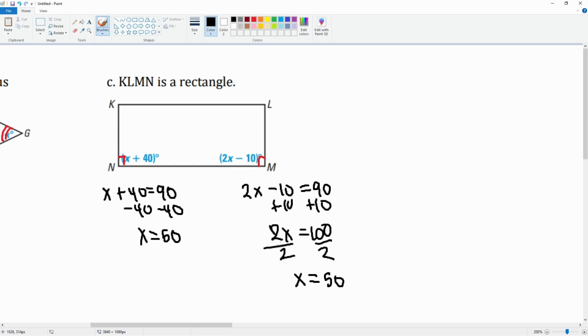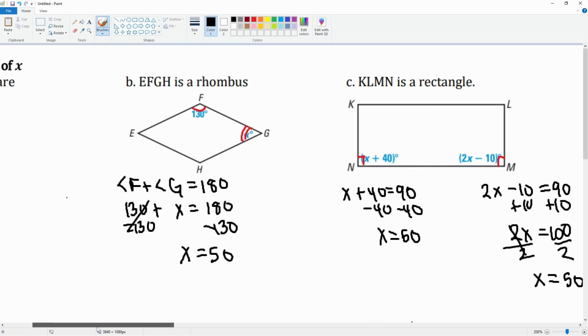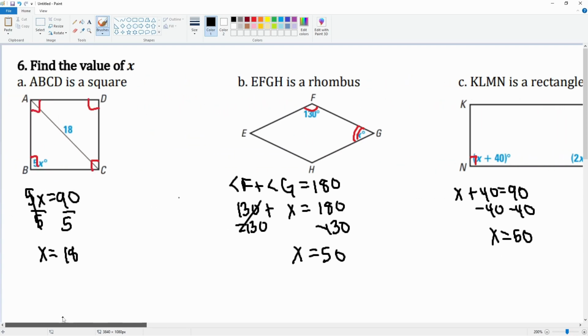Either way you set it up, you still get the same answer. So there you go. That is how you use your properties to write the equation to solve for the